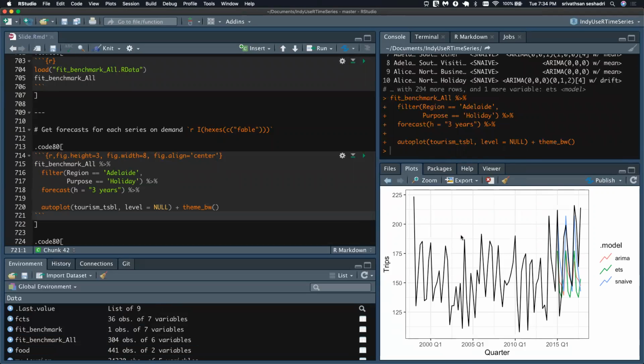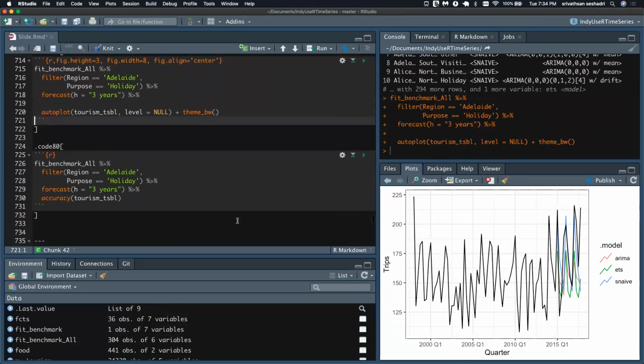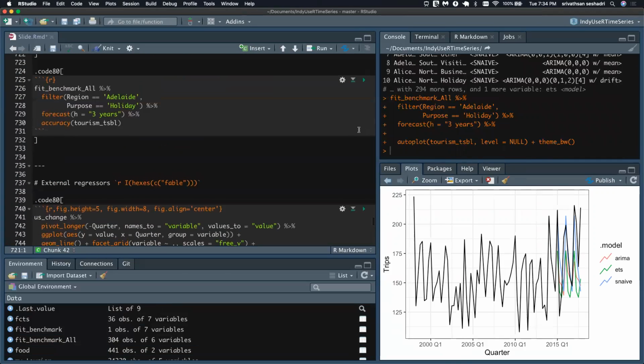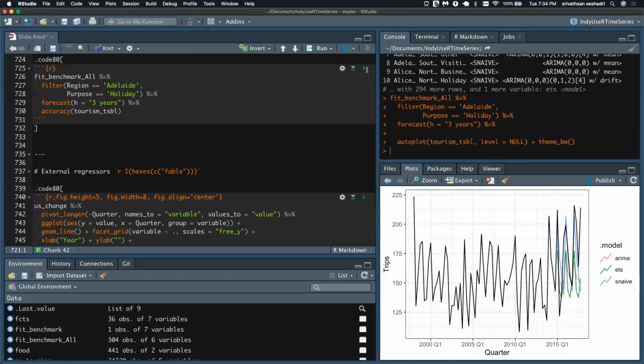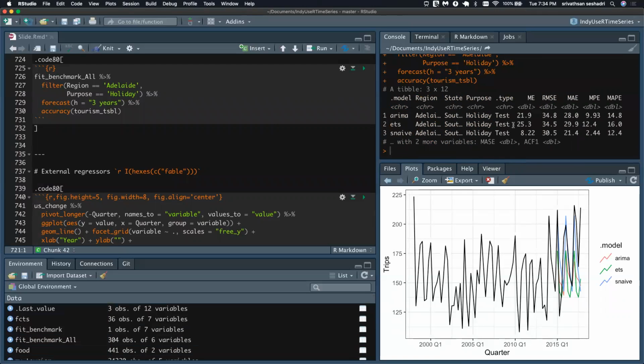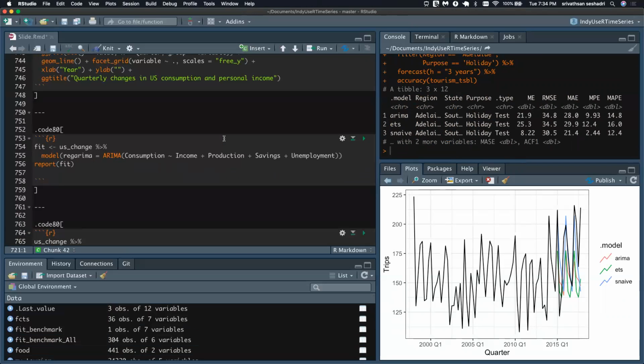So I don't have to, unlike the forecast package, save all the different time series, then fit all the different models, and have a plethora of environment variables. That would be a lot to handle. And similarly, you can do all the accuracy metrics and things like that.